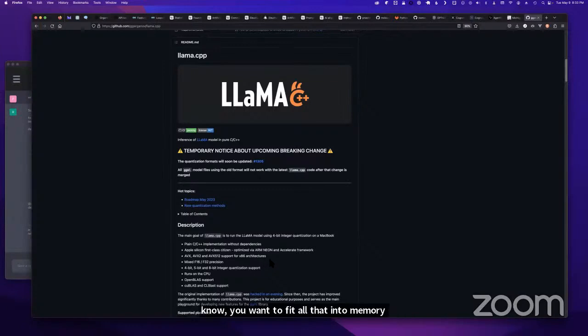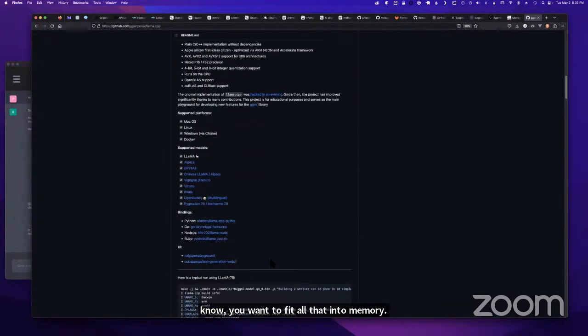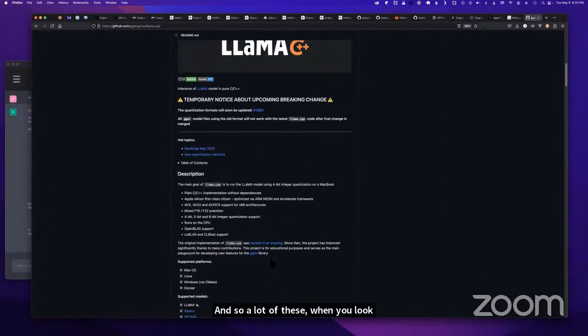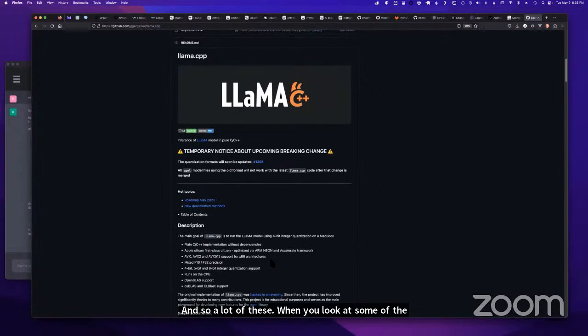And so when you look at some of the bigger ones, they're going to say, well, you're going to need 16 or 32 gigs of RAM so that you can keep it in memory and get some relatively decent performance. And that's CPU based. There's also GPU based. And the topology there is interesting. There's a lot of differences, but